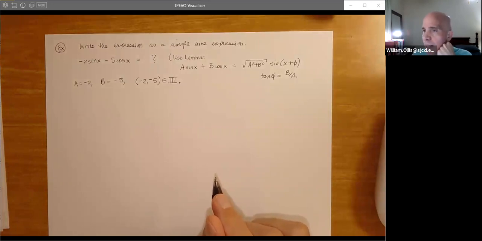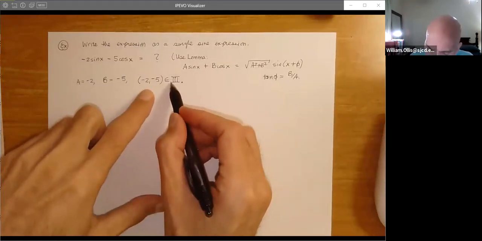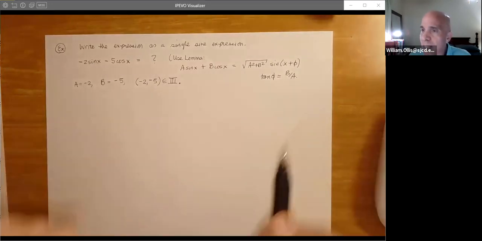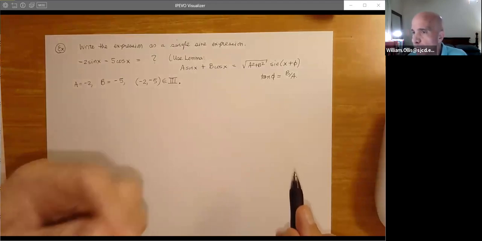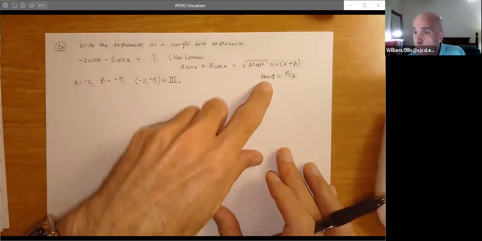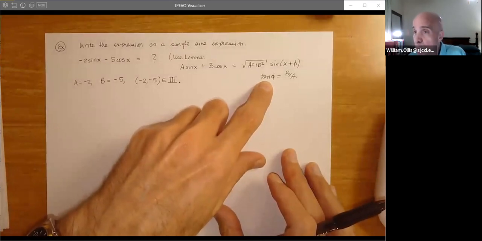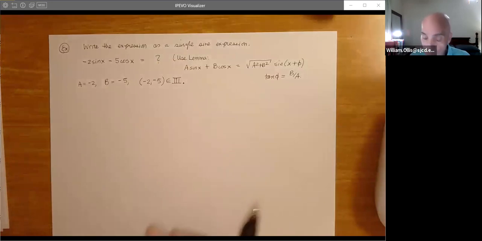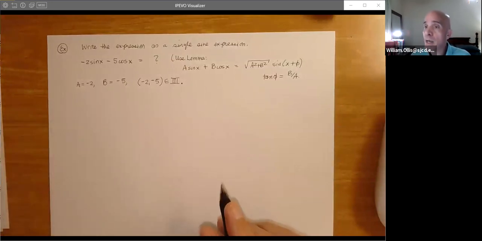I don't teach that way, and I don't expect you to learn that way. Is it easy? Absolutely not, but it will guide you correctly. So now you're thinking, all right, this is in the third quadrant, so whatever I get here, I will need to make sure that phi terminates in the third quadrant by adding a multiple of the period of pi. We know the smallest period for tangent is pi. You know, 2 pi is a period, 3 pi is a period, but those are multiples of pi, just like we have for cosine, 2 pi, 4 pi, 6 pi, etc.